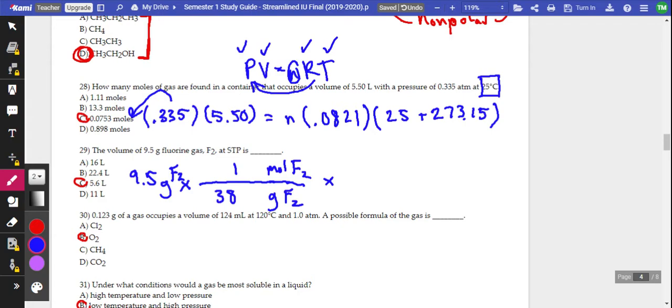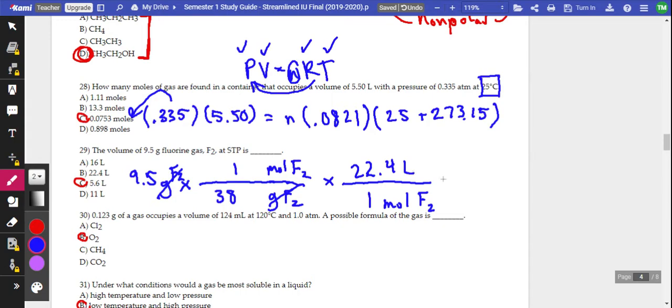This, again, only works at STP. But 1 mole of gas at STP must fill 22.4 liters of volume under ideal conditions. Which means we get another conversion factor we can throw into our unit conversion, our little stoichiometry problem. So rather than having to do the whole PV equals nRT thing, once we have the right number of moles figured out, canceled out our grams, I can just continue with another fraction bar and say, well, for every mole of gas that we have, whether it's F2 or H2O or C3H8,